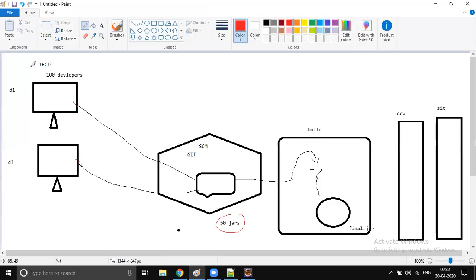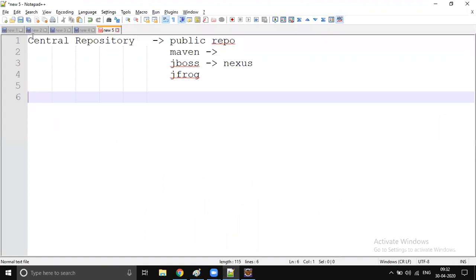All the developers are in the intranet, so that virus will spread from machine one to machine two, and the entire system will go down. That is the reason why in companies we don't use the central repositories. Then what we use is a remote repository. Can somebody say what is the difference between a remote repository and a central repository?